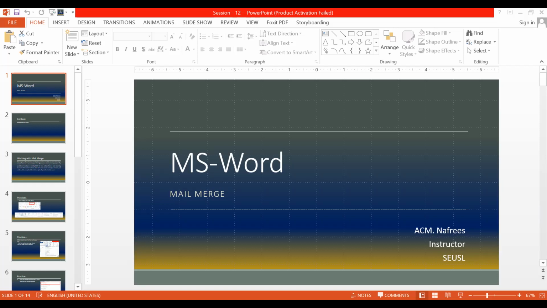It is possible to use mail merge for printing the addresses on the envelopes.